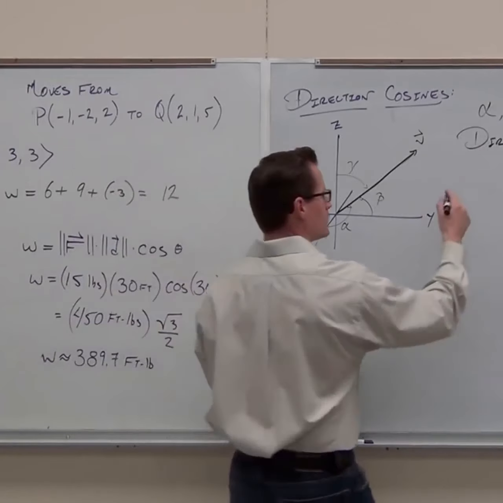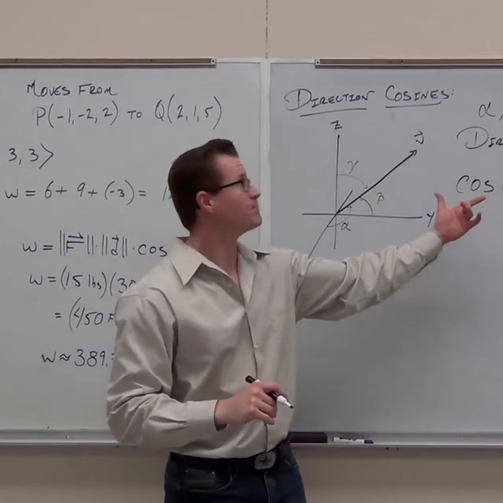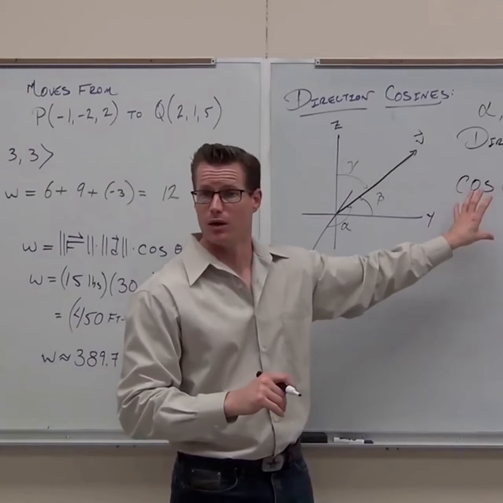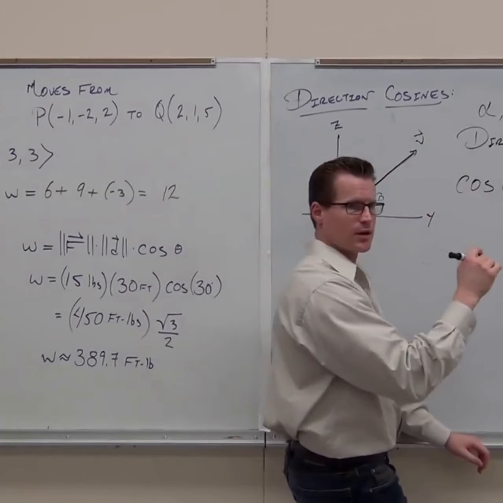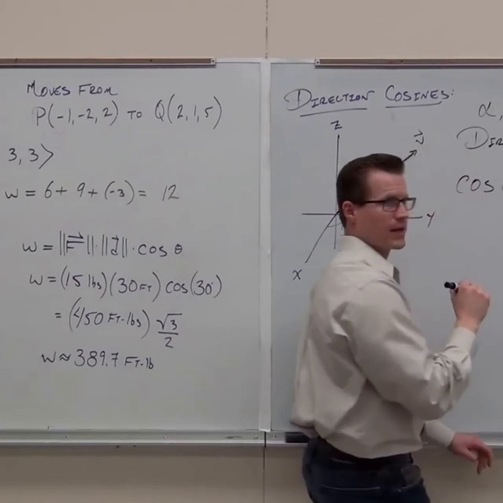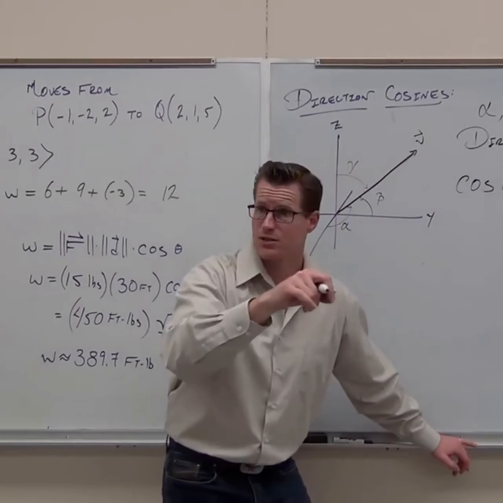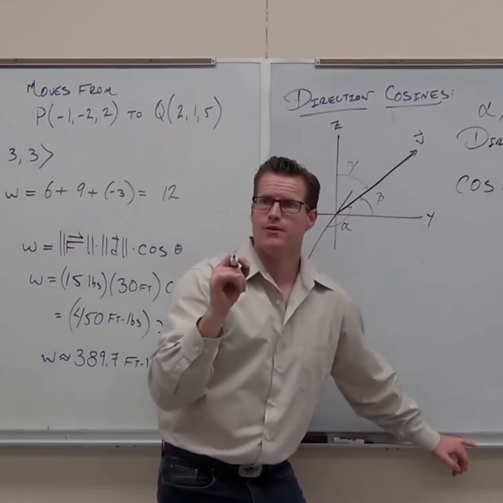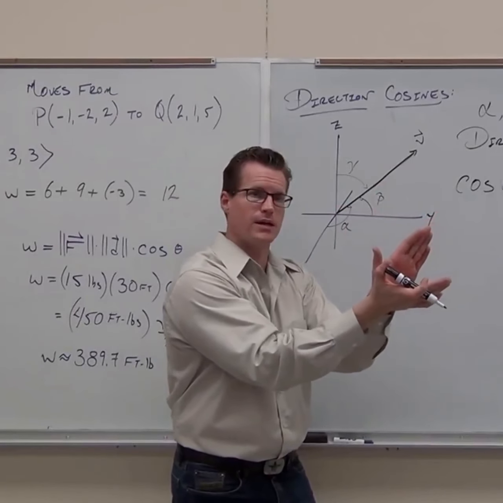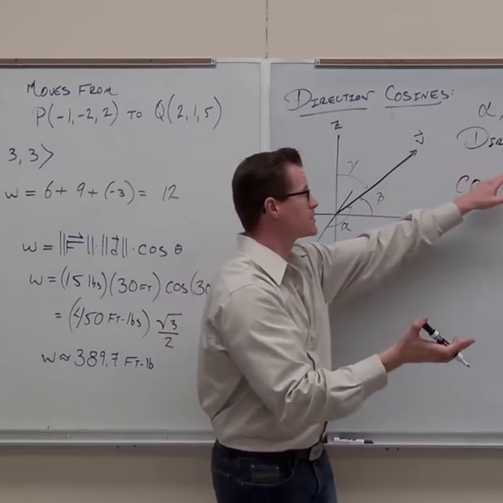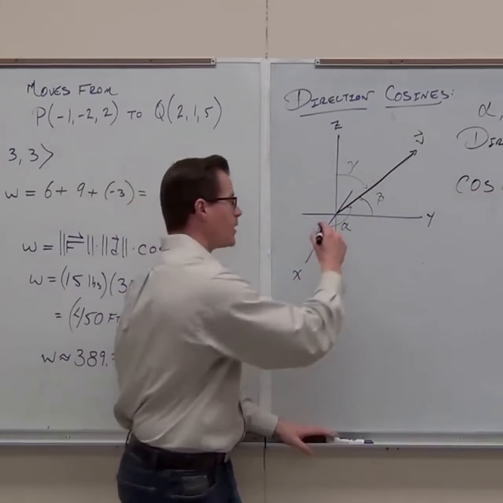If I want to find out the angle that a vector makes with another vector, all I have to do with that cosine, which is called the direction cosine, is dot product the vector I'm given and the vector that I want to find the angle between. If I want to find the angle between the vector and the x-axis, you just told me right now